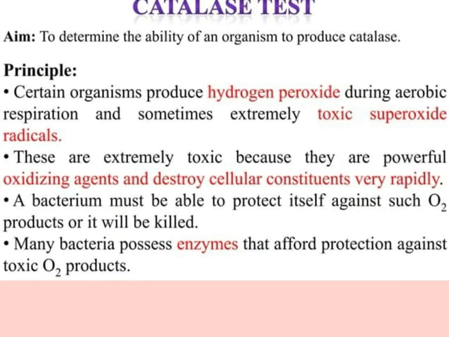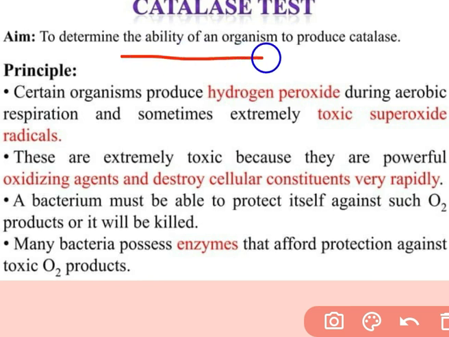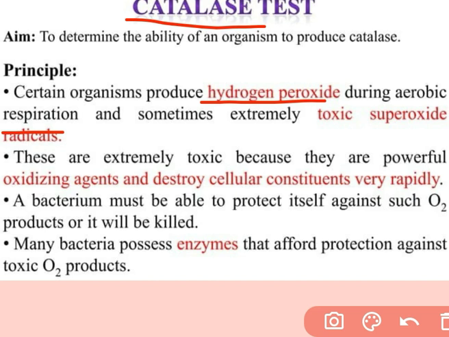Then next, catalase test. This test is used to determine the ability of an organism to produce the enzyme catalase. Certain microorganisms produce hydrogen peroxide during aerobic respiration. Such hydrogen peroxide is formed by aerobic as well as anaerobic organisms. But the aerobic organism has the enzyme catalase in its cytoplasm, and hence the hydrogen peroxide formed in respiration gets